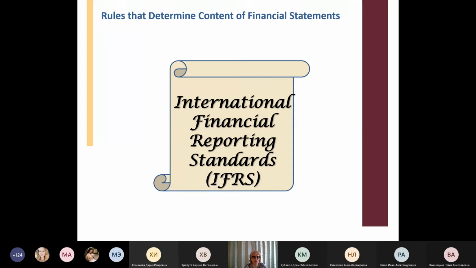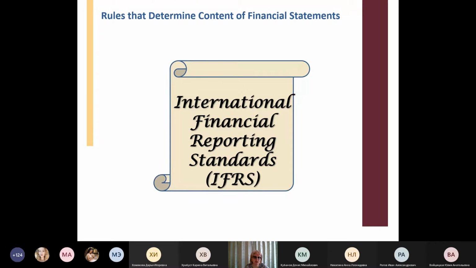And I would like to say that in the Russian Federation, all our national standards were developed based on International Financial Reporting Standards. So you can find a lot of similarities between our Russian accounting system and International Financial Reporting Standards. For those students who are from other countries, of course, you can